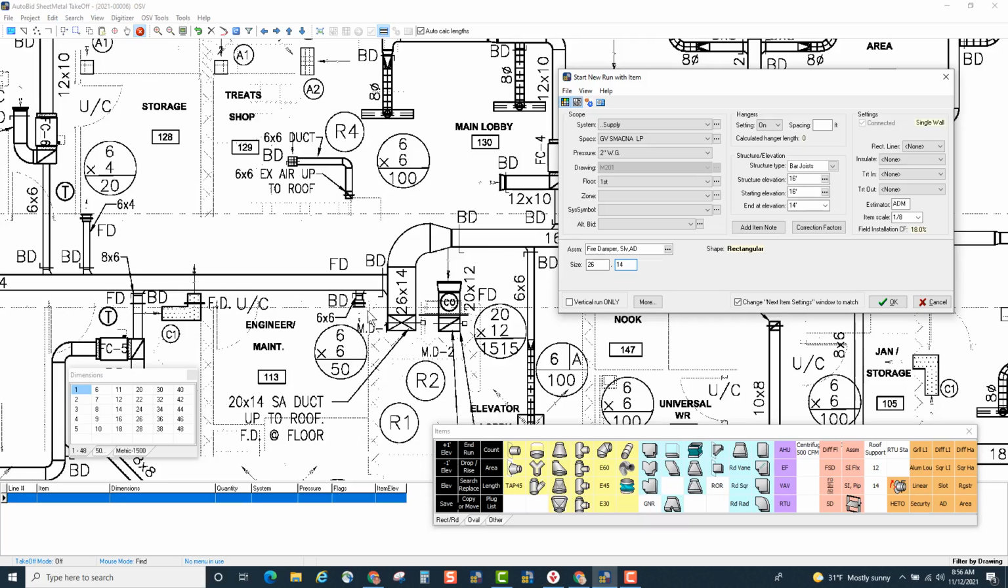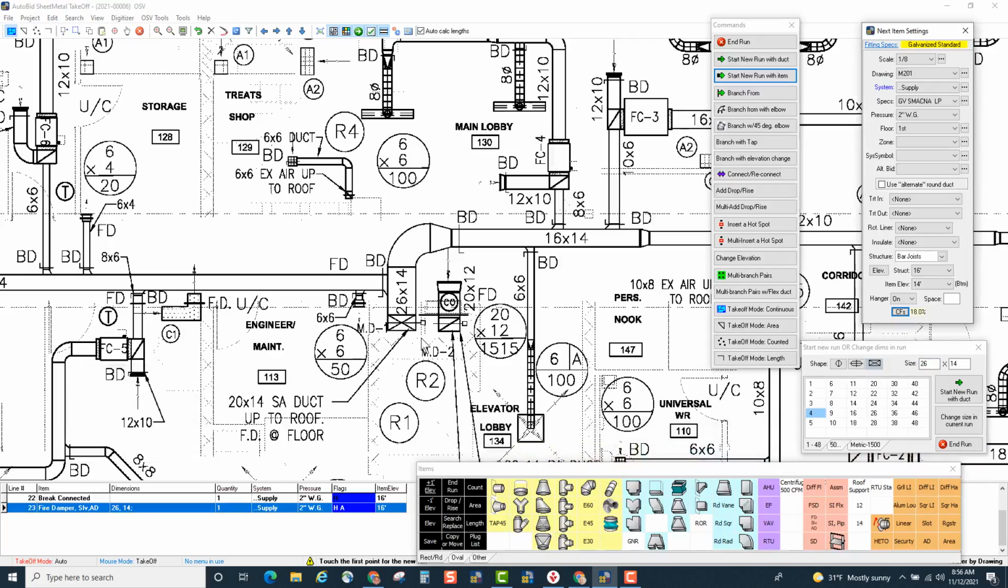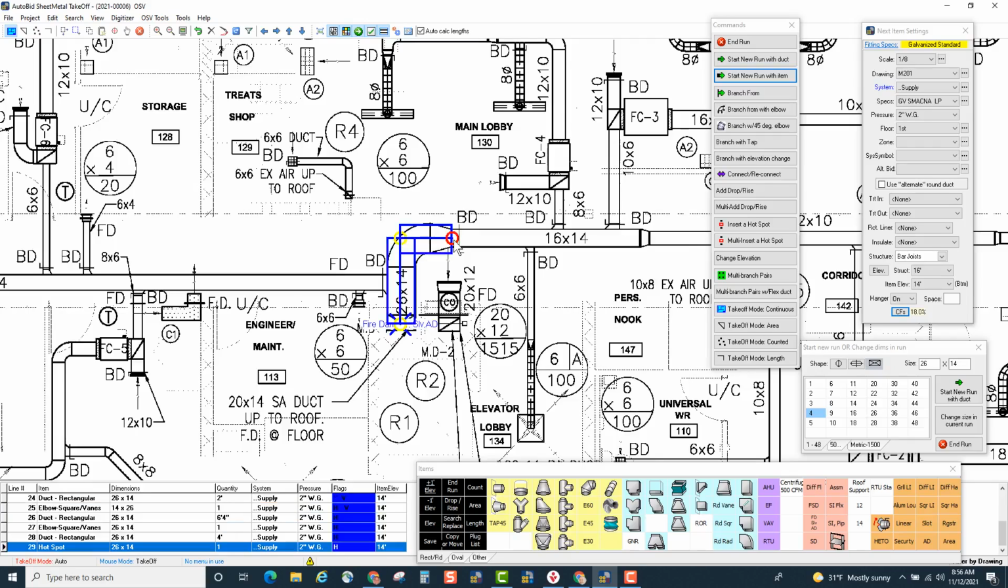Now, if this was coming down from a rooftop unit, say I was at the top floor of this building, this could have easily been a flex connector just as well as it's a fire damper sleeve and access door. So now when I click OK, and I click where this comes down, and I'm going to go across and continue taking off my ductwork as required